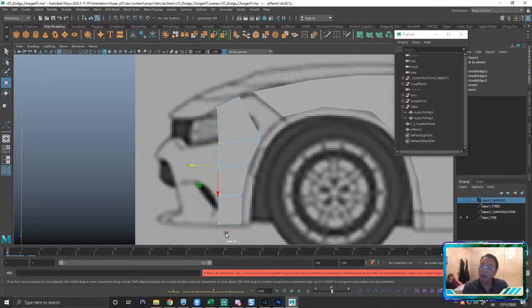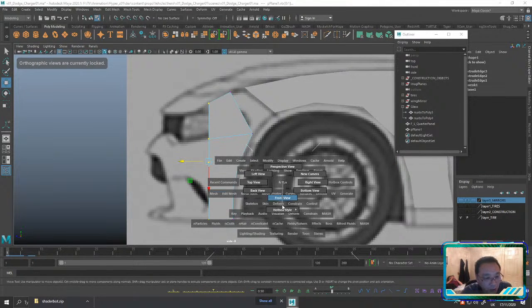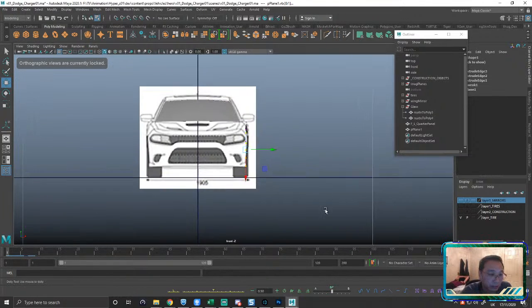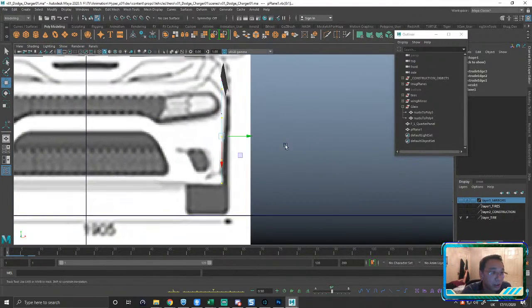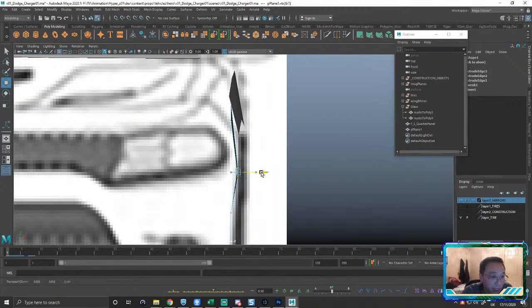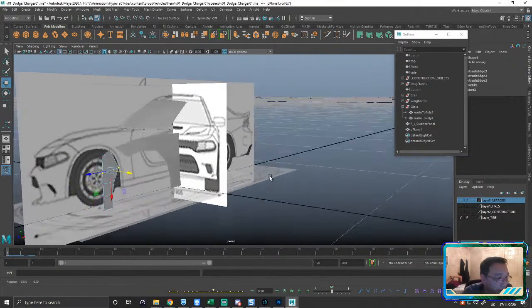Here's a quick tip on how you line up a bunch of vertices, right? So I'm going to go to scale and then scale this right down to 0 and snaps it all in line. I'll leave that like that for now, right? And then we'll go to obviously our front view. Let's chuck in a quick curvature. Okay. So I'm going to bring this guy out this way. Let's hop back into our perspective view.